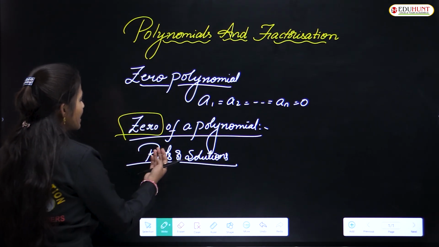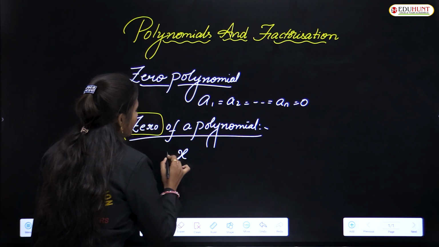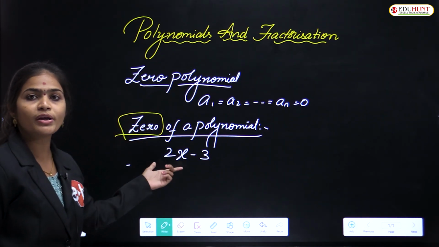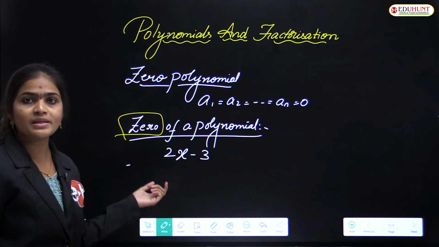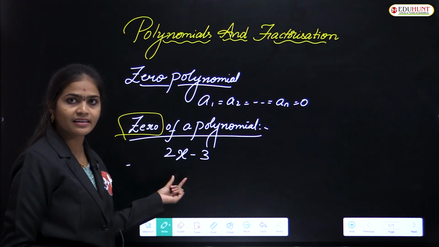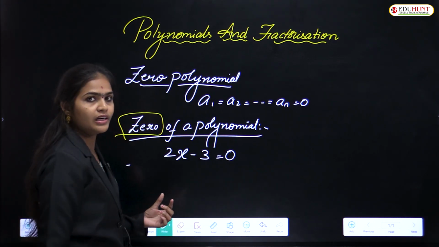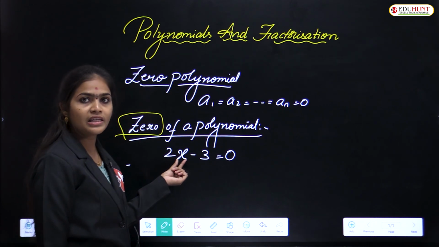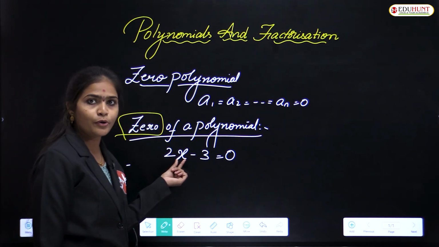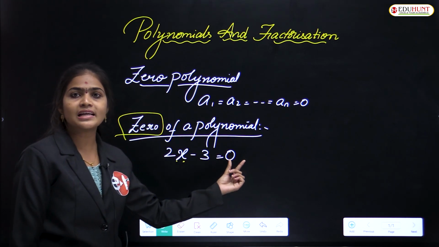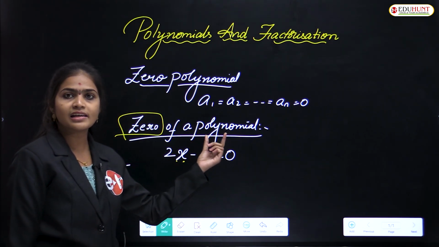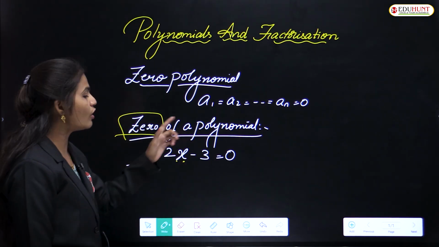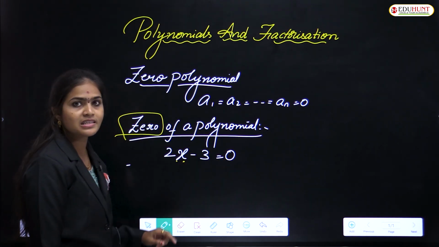Okay, so here is one example, 2x minus 3, that is one polynomial. So what is the zero of the polynomial here? Zero of a polynomial means after substituting the value of x, its value should become 0 only, no? Okay, we have an idea, no? Which value are we going to substitute here in place of the variable given in the polynomial to make its total resultant 0? Okay, those values we call roots or zeros of a polynomial. So that's why here I kept it equal to 0.